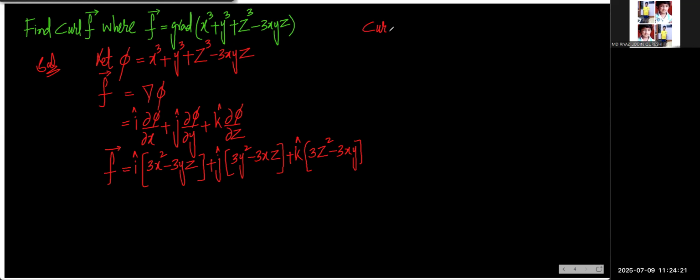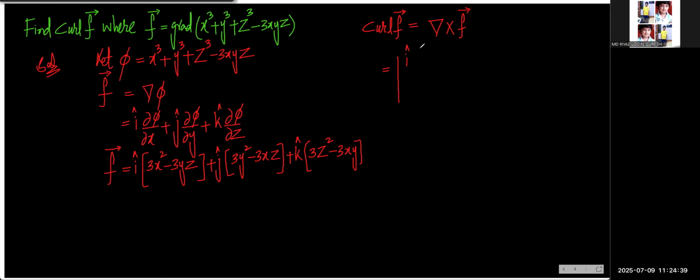Curl is nothing but del cross f. In it there will be a cross, right? There was a dot, and here there will be a cross. And how to do this? Cross product means